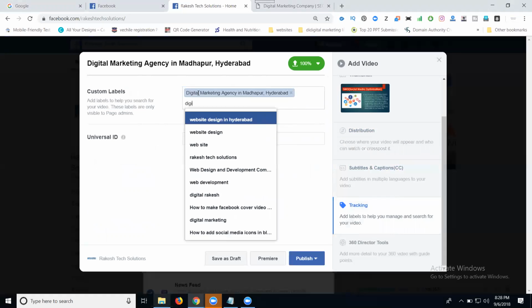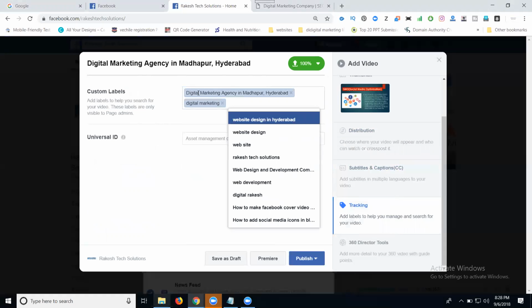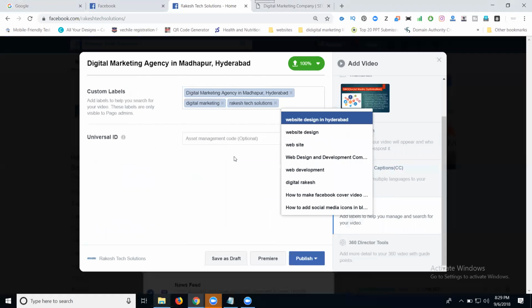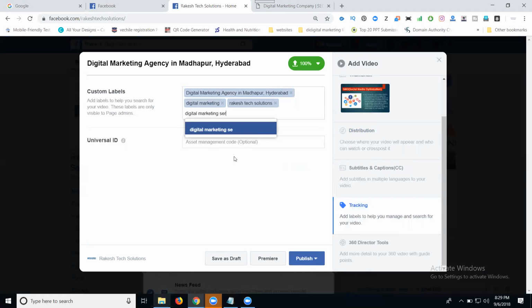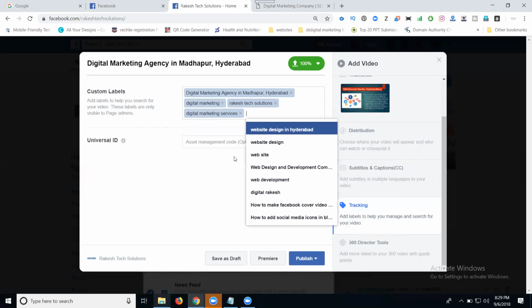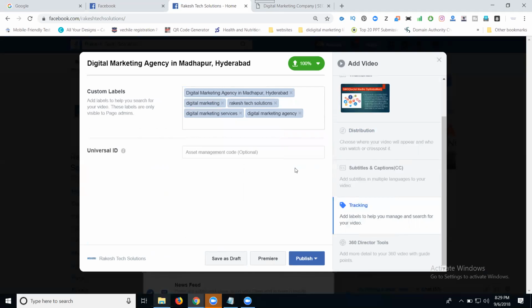Label is nothing but writing down keywords: digital marketing, digital marketing services, digital marketing agency. Now clear, save.